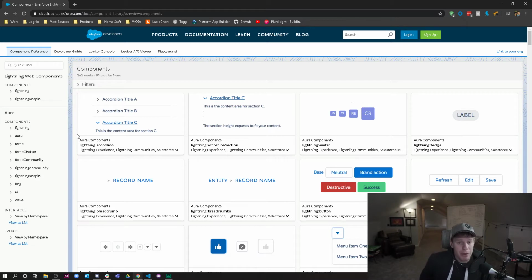Lightning Web Components are rather new. The reason is that in 2014, when Salesforce started building out their front-end user interface capabilities, they built Aura. Aura is now known as Lightning Components, or Aura Components. Aura is basically a custom language, if you will. It uses a combination of Apex and JavaScript, but